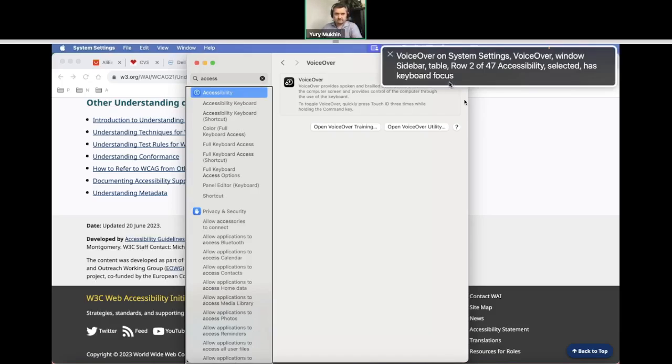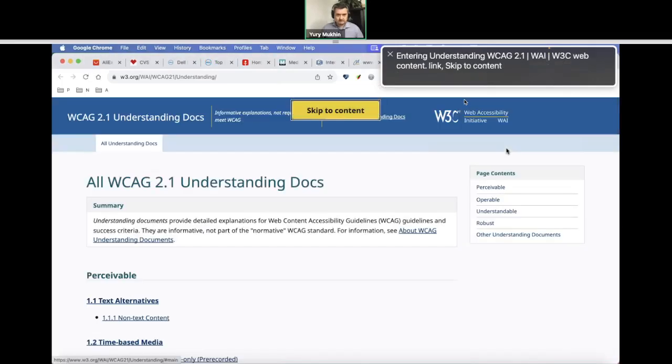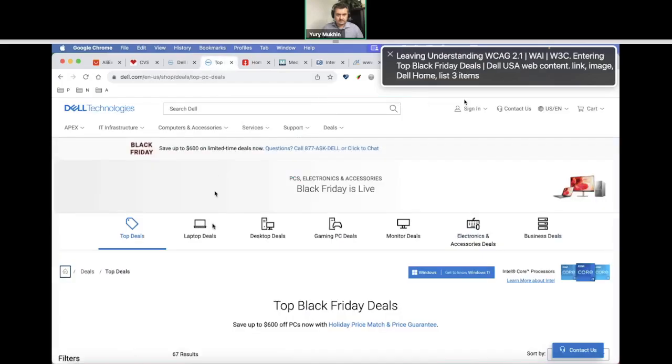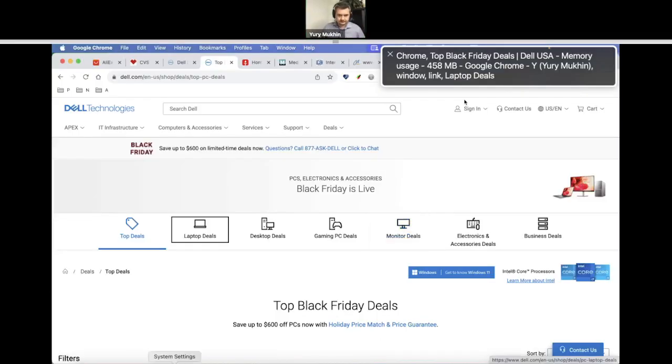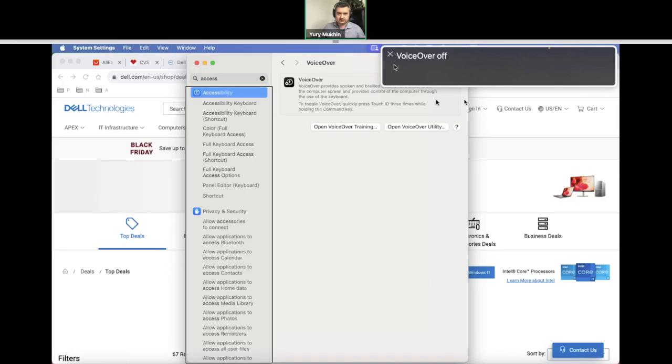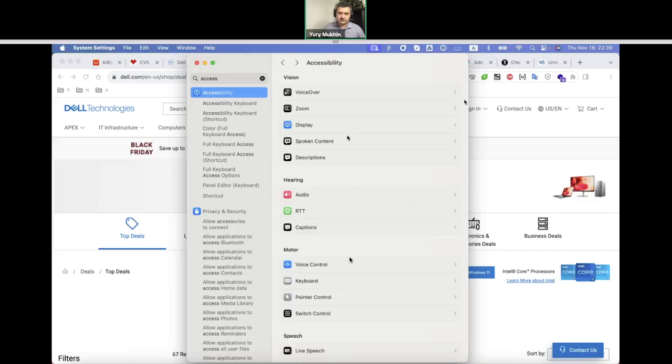Voiceover, window, sidebar, table, row 2 of 47, accessibility. Okay, perfect. Understanding WCAG, entering understanding WCAG, visited, link, link, about WCAG understanding docs. Leaving understanding you are visited, link, label tag, top deal, link, laptop deals. Okay. You are currently on a mission control. I guess the idea is clear for you now. You are currently on a group to interact with items in this group. Just give me a sec to bring down. Okay, voiceover is off. Okay, a lot of different integrated things, such like